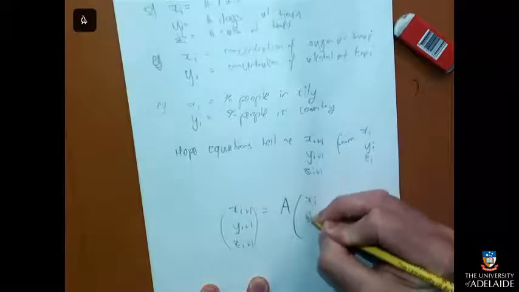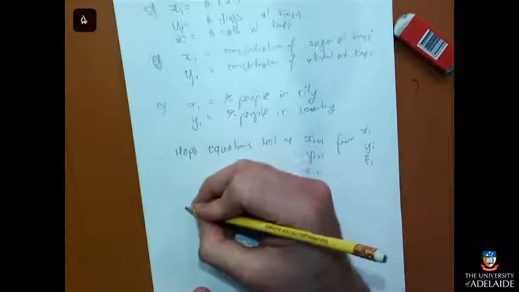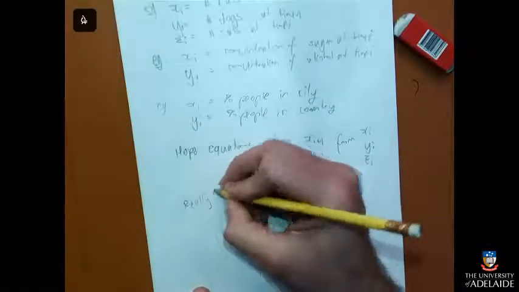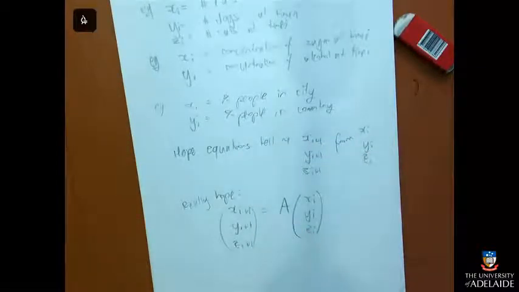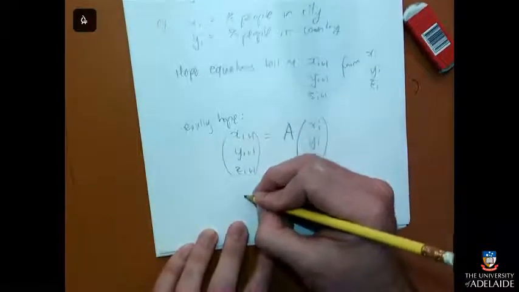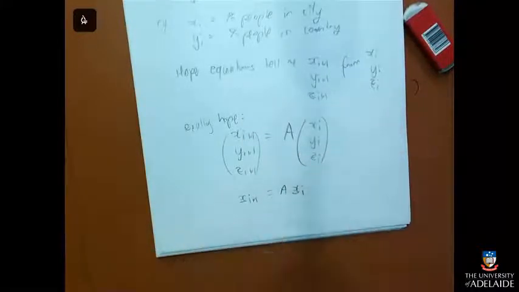Matrix times like that. So I really hope that I can do it with a matrix. Because if I can do it with a matrix, and I can just for my own sanity write this as bold x_{i+1} from bold x_i, where the bold one represents a vector. If I can do it with a matrix, then as long as I know where I started, if I wanted to know what it was at time i equals 15, then I could just multiply by the matrix 15 times and it will tell me what happens at time 15.